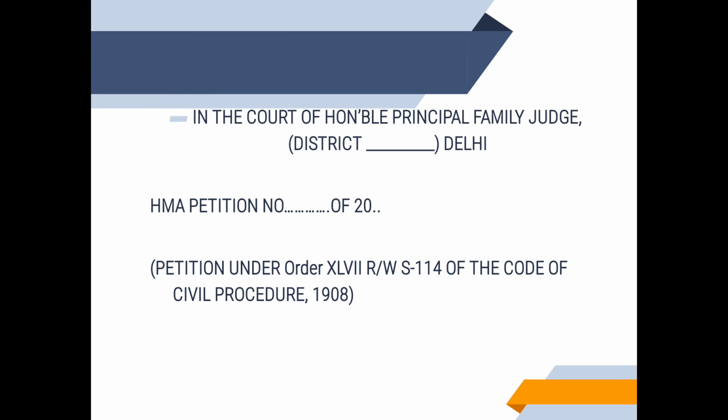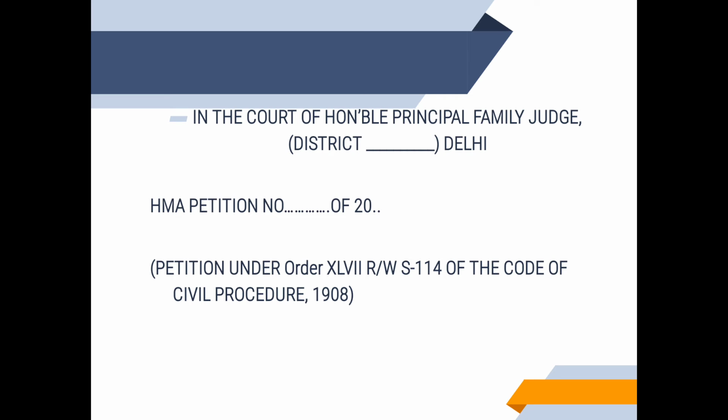Now let's see the structure or the format of the review petition. I have taken the example of a family court where a review petition has been filed. First of all, it will be mentioned where it has been filed, like in the court of the Honorable Principal Family Judge, district whatever it may be, Shahdara or Dwarka or Rohini, Saket, Central, New Delhi, Tis Hazari, whatever is the district. First mention the district, then the state,